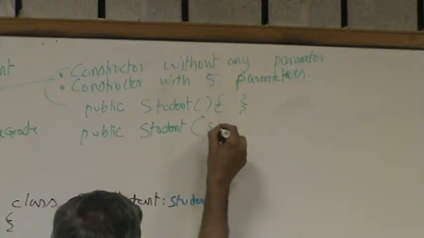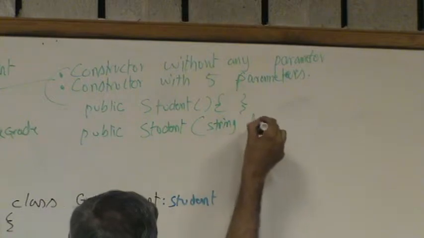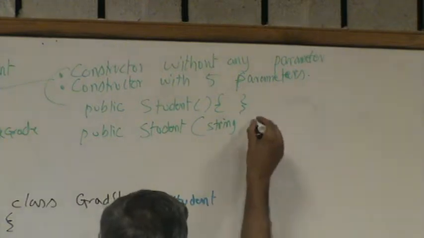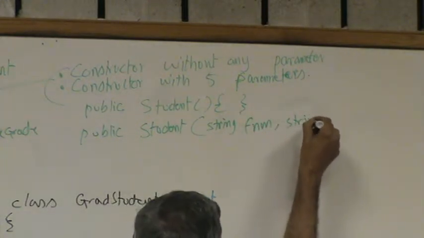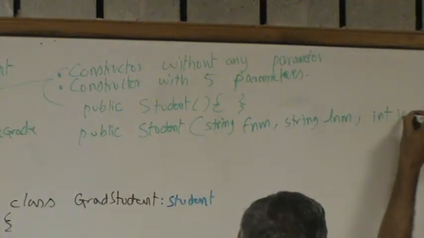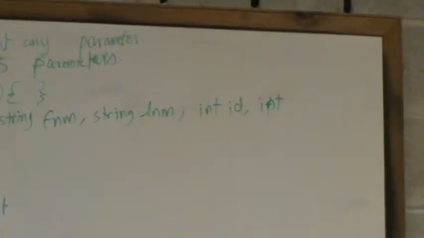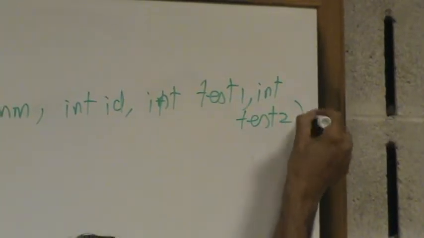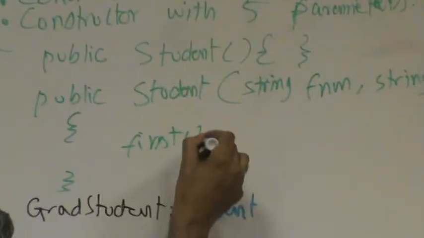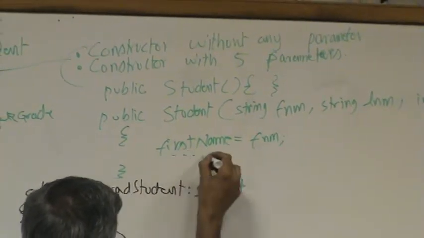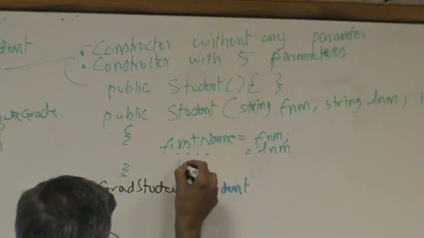Now 5 parameters. For example, string LNM. Sorry, let's start with the first name. FNM, LNM, and int ID, int test1, int test2, right? And then what kind of code will we write? We will say first name equal to FNM, last name equal to LNM, this dot ID